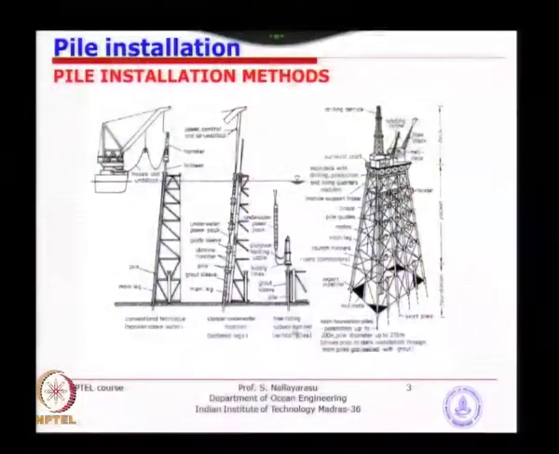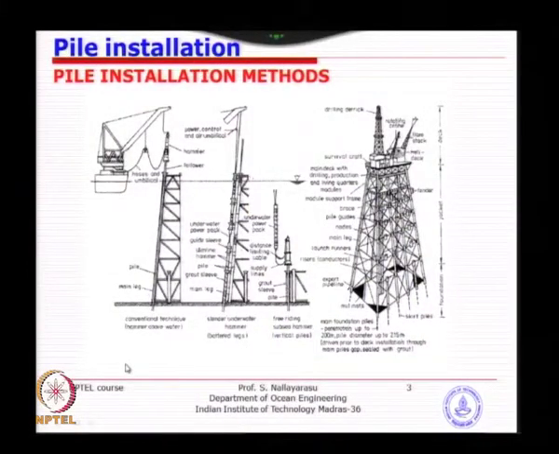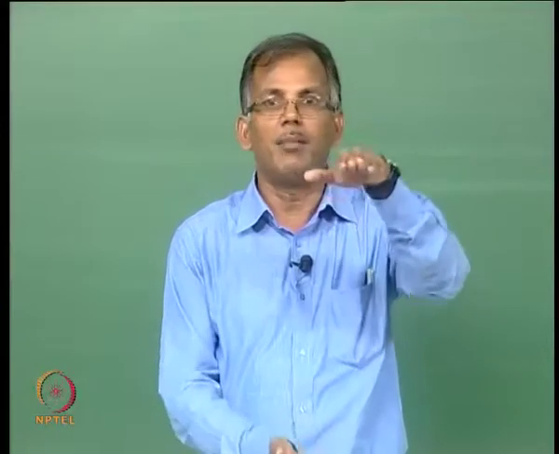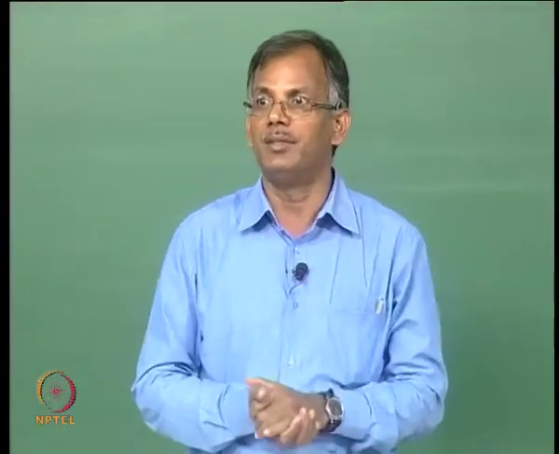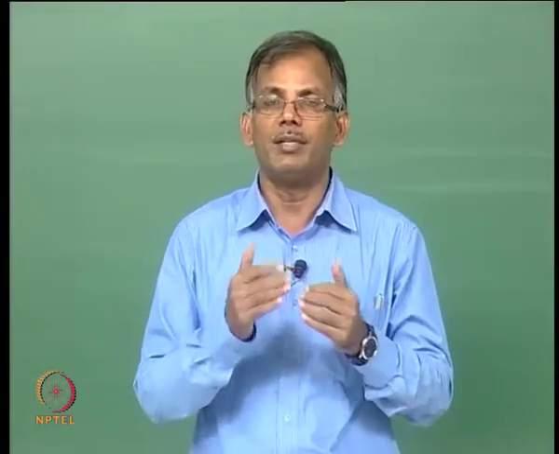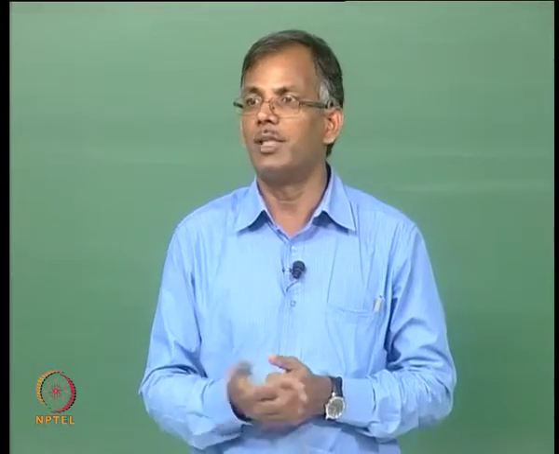So, the main pile, the first segment is the most troublesome to find out the minimum length, and it depends on the water depth. If the water depth is 100 meters for example, the jacket length will become 120 meters. So, the length of the pile is going to be minimum 130 meters. So, now you can think whether we need to go for a main pile for such places.